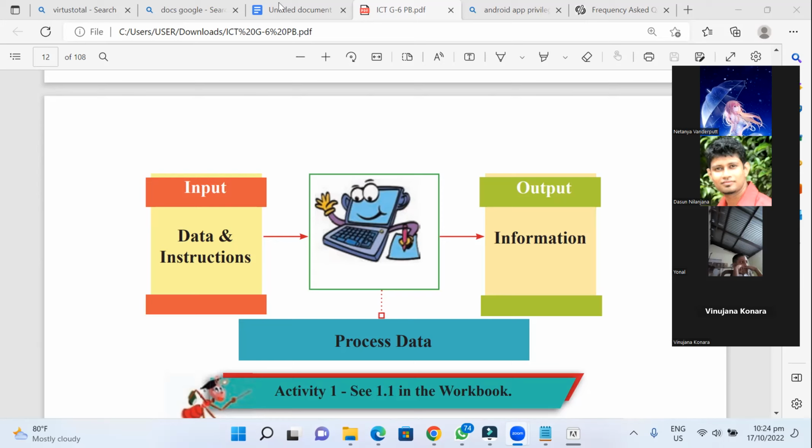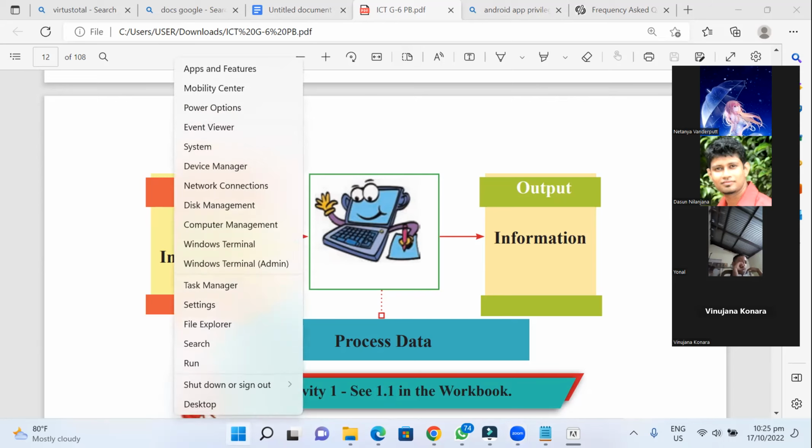Okay, so what are the processing devices inside the computer? Central processing unit, graphic processing unit. Yes, the CPU, and there's one called the GPU, graphic processing unit. When you right-click on your Windows button and go to the Task Manager, we will learn this in grade 7, right?